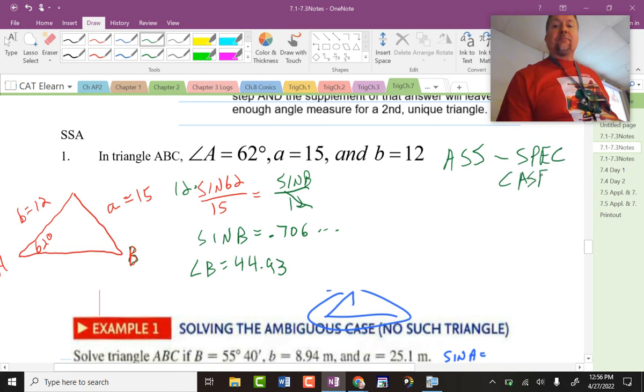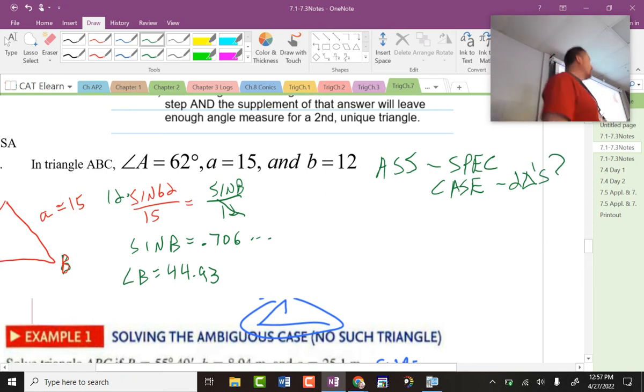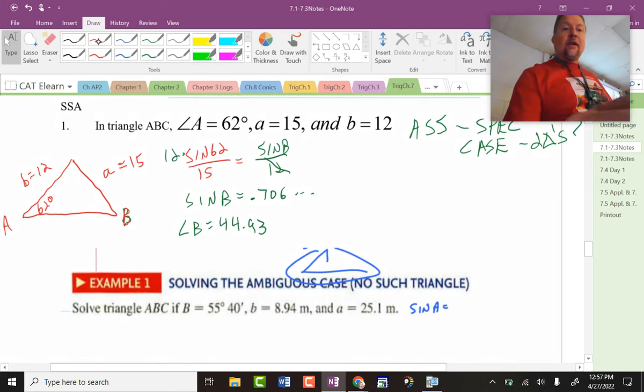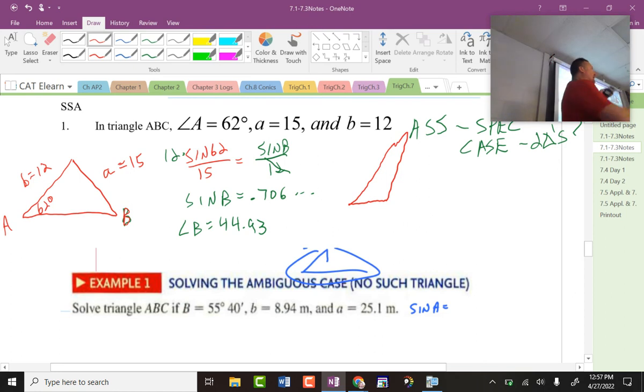You don't have to write all this, but this is what your brain does. I see a bad word. I have to check, are there two triangles? Question mark. So what you should do right away, once I do get one triangle, is draw the second one and test, does it exist? This is for, unless you're a high flyer and you understand the relationship totally, and then you do the 180